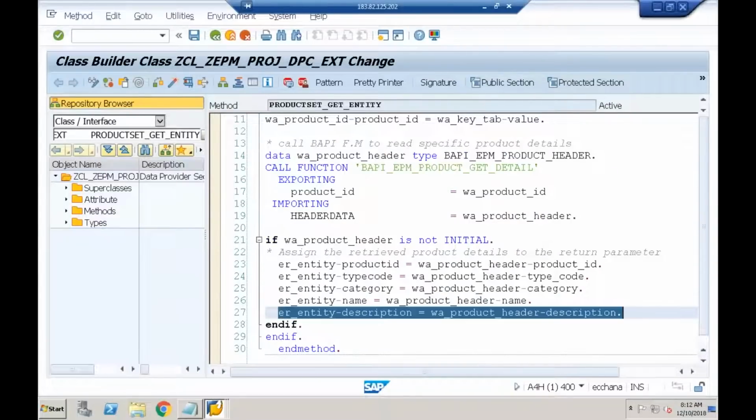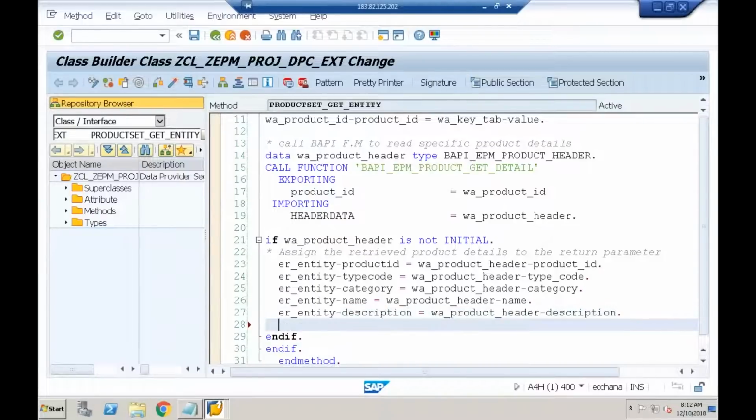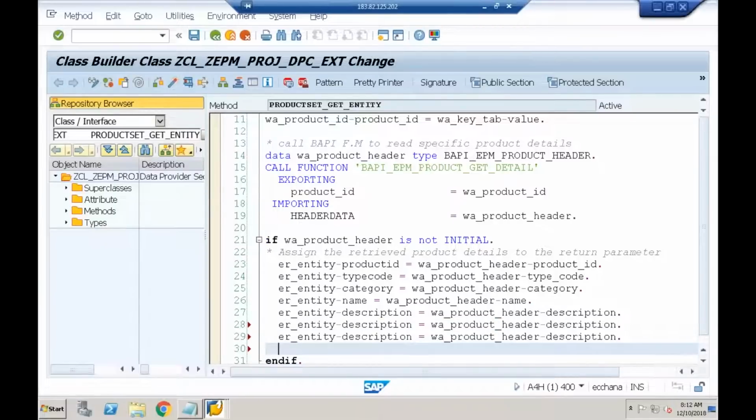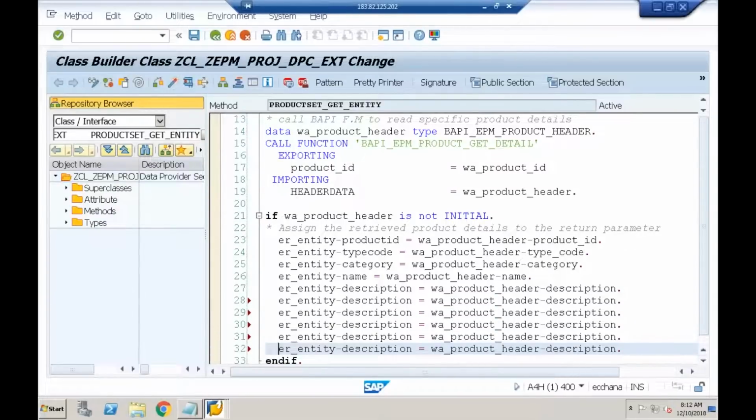I need to map the other 5 fields. So I'll just copy this and paste it first. Done. So ER_entity-, what are the fields in my entity level? Supplier ID, and at my structure level it is Supplier_ID. Done. And here it is supplier_name, and here it is only supplier name. If the names are the same in both the source and target, I would have used